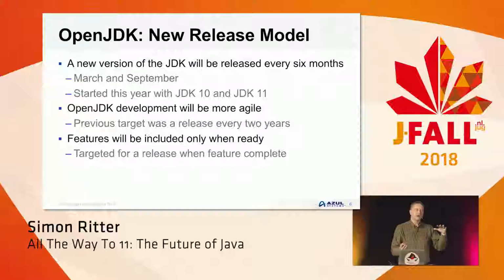What they decided to do instead was to turn that around and say, rather than deciding on features for a particular release, we would have whatever features were ready at that time. That way, if you had a feature that you thought was going to go into JDK 12 and it wasn't quite ready at the point where they needed to do the feature freeze, then they would say, okay, well, let's just delay it to JDK 13. It's only 6 months away. People are not going to be too concerned if they have to wait a bit longer for that feature. But it doesn't delay the release of that particular version. So that's all a good idea. It means that we get new features more quickly, much more agile. I like it. It's a good idea.